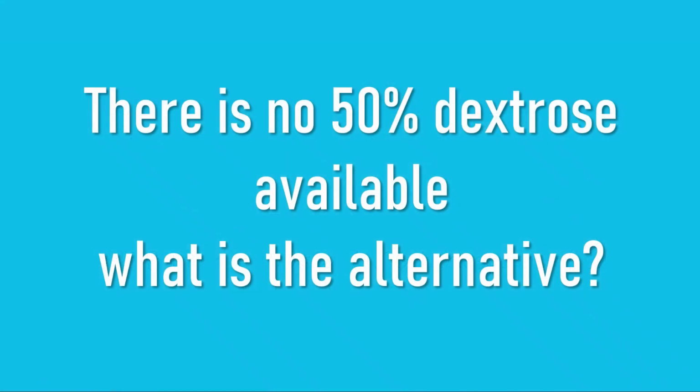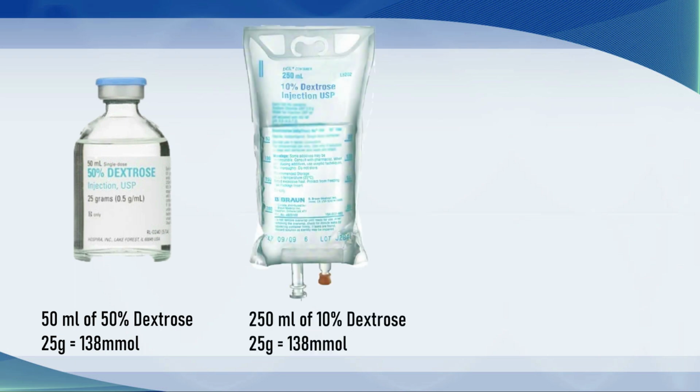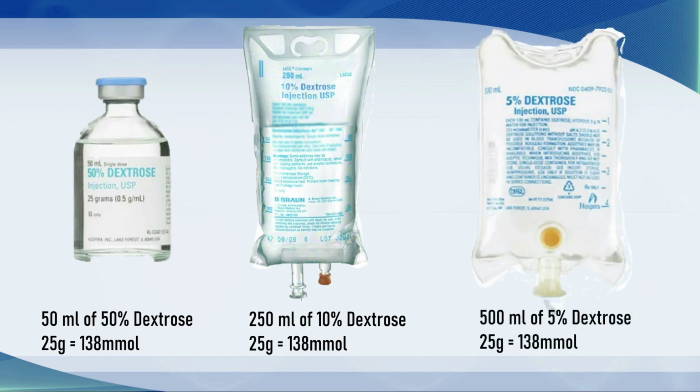There's no 50% dextrose available. Do we have an alternative? Well, of course we have. Any glucose-containing fluid is an alternative. So if 50 mils of 50% dextrose is 25 grams, that's 138 millimoles of glucose. We can give 250 mils of 10% dextrose, 25 grams, 138 millimoles, or 500 mils of 5% dextrose, 25 grams,